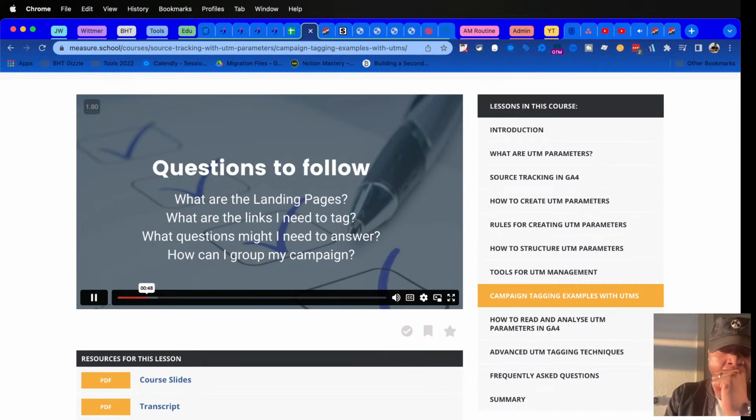Do I just want to know where the user came from, so the specific website, or do I actually want to know what ad he has clicked on or which campaign he has gone through? And am I able to distinguish different